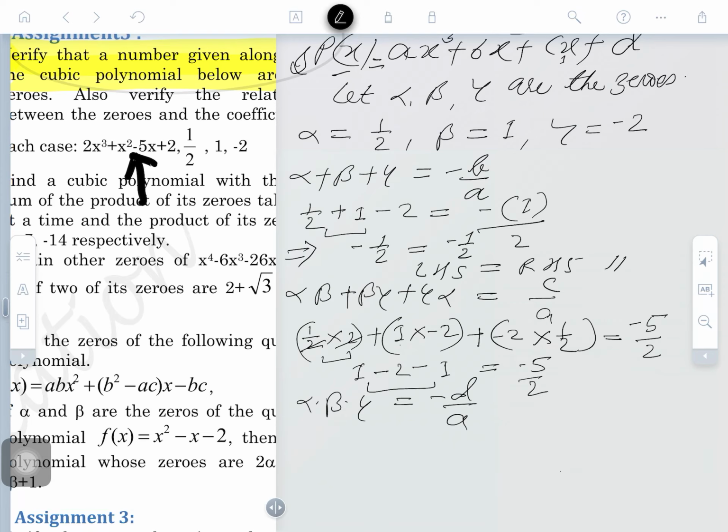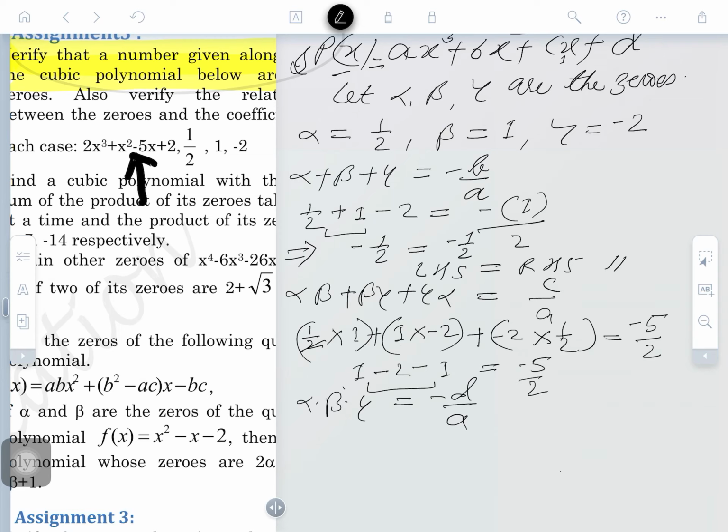Minus 2 and plus 1, 2 is coming here, but in this case C by A, alpha beta, beta gamma, 1, no, there is some mistake here. Wait a minute please, the mistake is there, okay, this is the mistake. So, what will come here? It is 1 by 2 into minus 2. The first zero is 1 by 2 will come here. Now, 1 by 2 into 1, okay, first zero is 1 by 2 into 1.